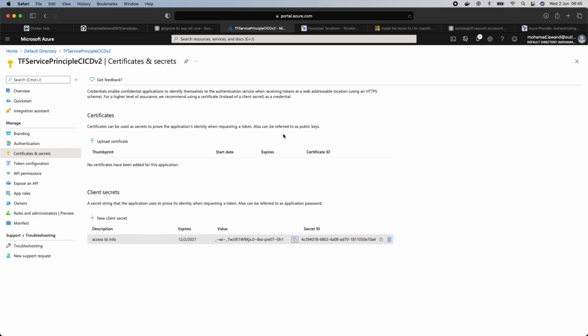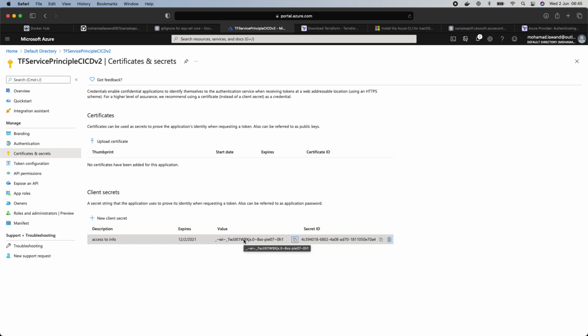And just so you know, as soon as you create a secret, this value here will only exist for, I think, 5 minutes where you're able to see it. After that it will be hidden, so you're not able to see it again. So it's a very good idea to copy it from now and put it on the document that we currently have. So once we have added those,